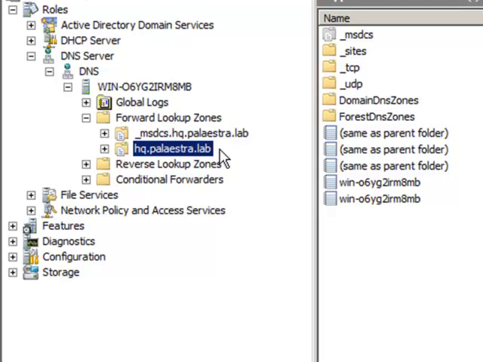Now, looking at this, you can tell this is probably an internal namespace, right? Because I'm using this .lab as my top-level domain. My domain name is Palestra. My subdomain is HQ. So it's subdomain HQ on domain name Palestra, on top-level domain lab. So this is an internal namespace. I could not use this out on the internet because, well, .lab